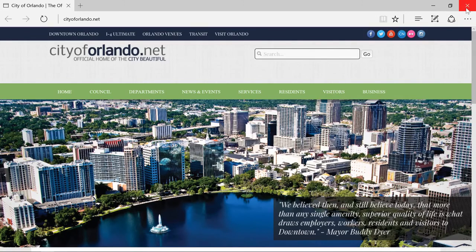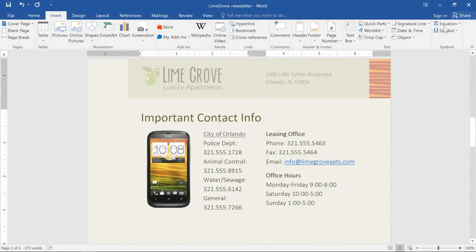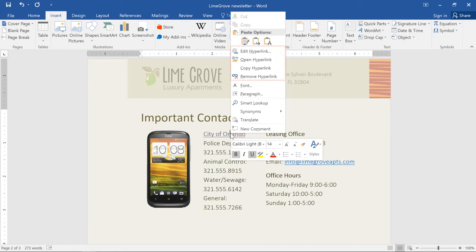Let's go back to our document for one last thing. If you want to remove a hyperlink, all you have to do is right-click, then make your selection from the menu. You can also choose Edit Hyperlink to make adjustments to the display text or the address. So now you know two different ways to create hyperlinks in Word, by converting the text yourself